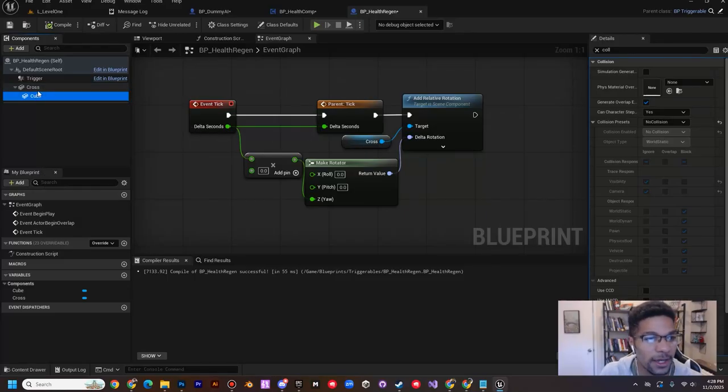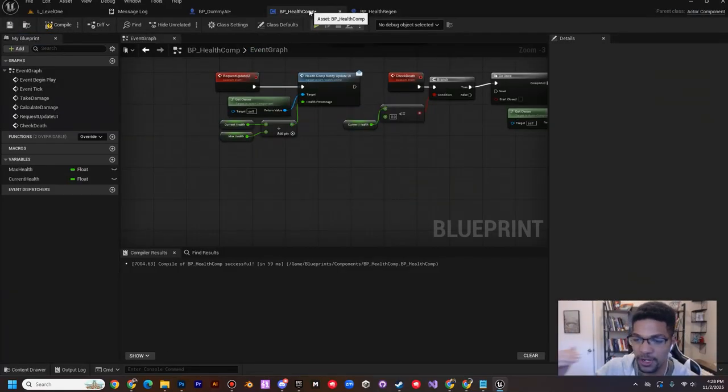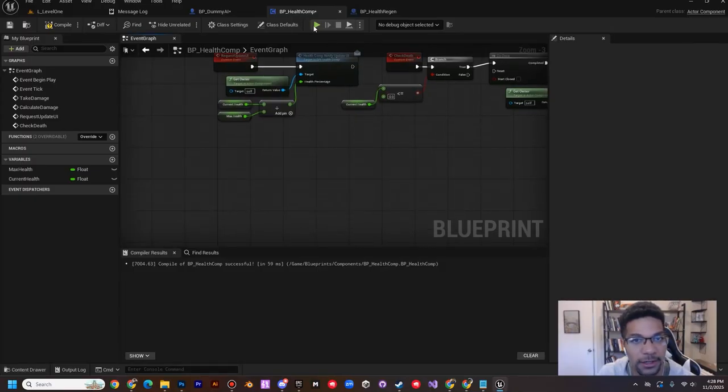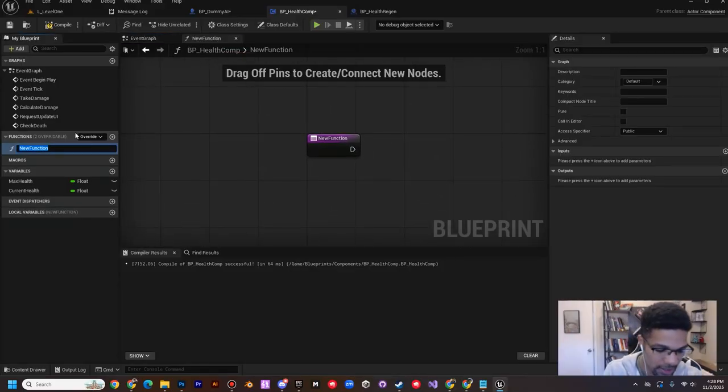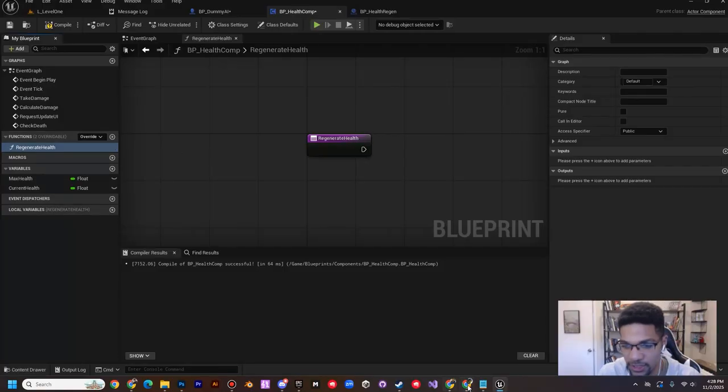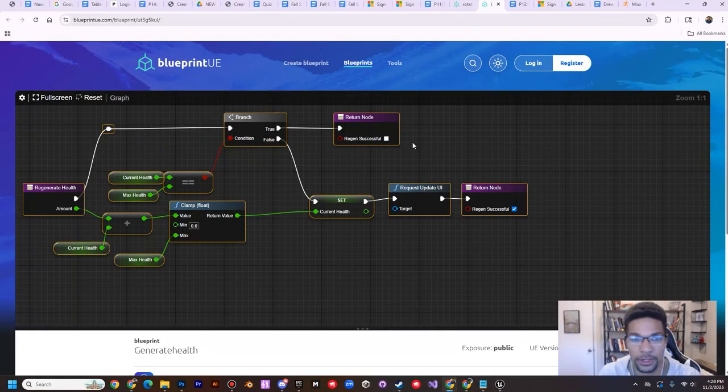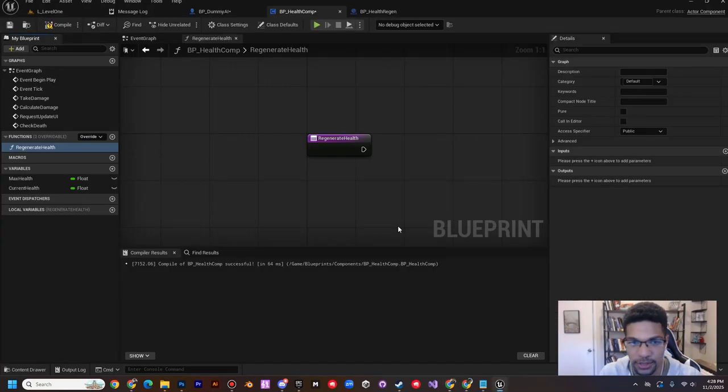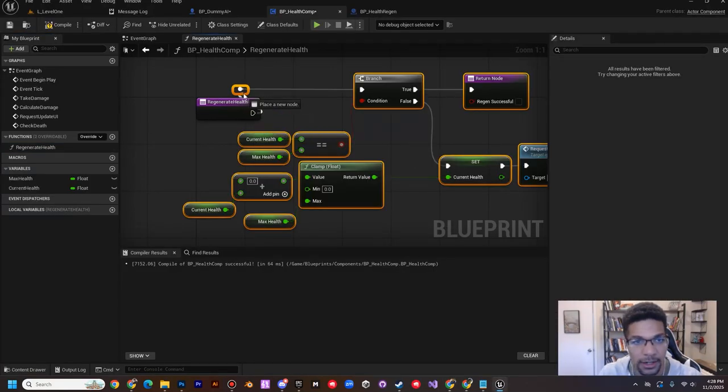So if your cube is not a child of the cross, just drag it on top of that. Then for the actual regeneration functionality, let's go to the BP health comp, create a function. So the plus button in the functions tab, call it regenerate health. And then once again, I'm just going to pull that from the documentation, paste that in, connect regen to that